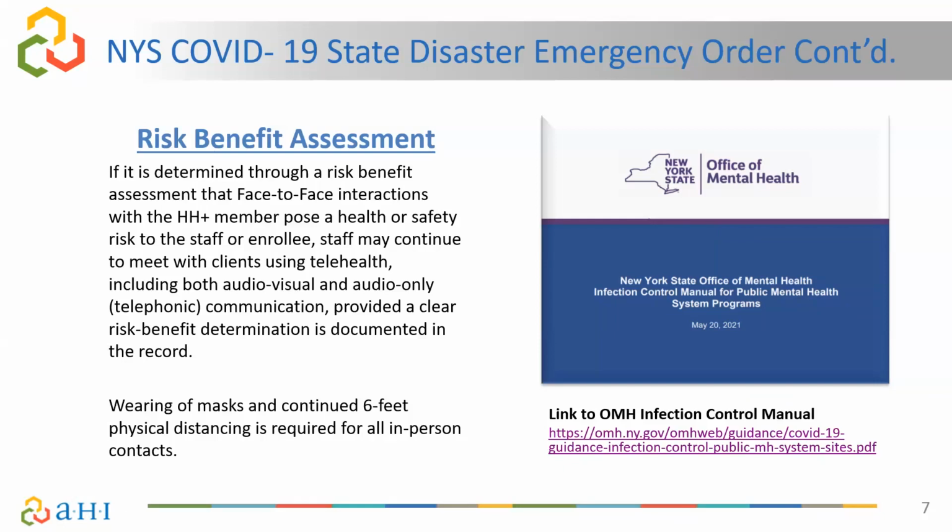Yes, we can see it. You can, thank you. Okay, so I'm going to scroll down. This is what was sent out through the memorandum on August 4th. So we get down to page 5 when we get into in-person encounters. It starts to line out here appropriate for telehealth, including, when you get down to the first bullet under that section, the person's cognitive capacity, access issues,